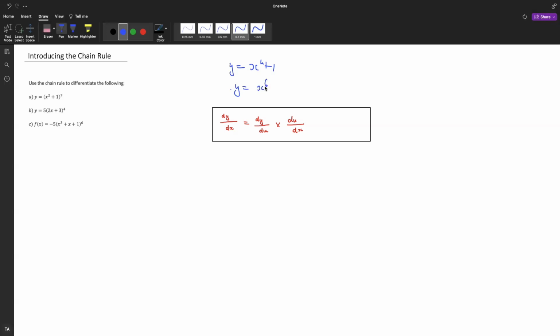So what the chain rule will allow us to do is say, okay, what if you have a function that combines these two? What if you have something like x to the power of 4 plus 1 to the power of 6? How do we derive that? That is basically what the chain rule is going to teach us. Through these three examples, I'm going to aim to explain the rule, what the chain rule is, and how we can use it to derive these more